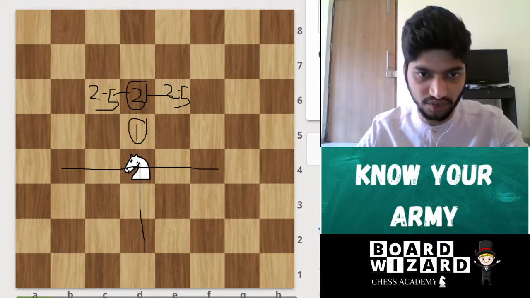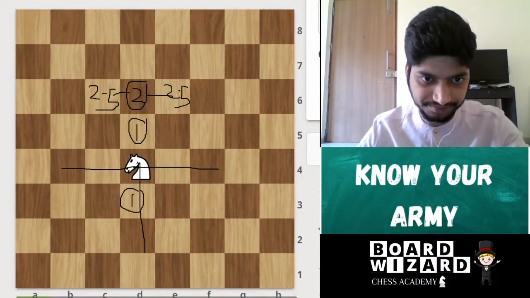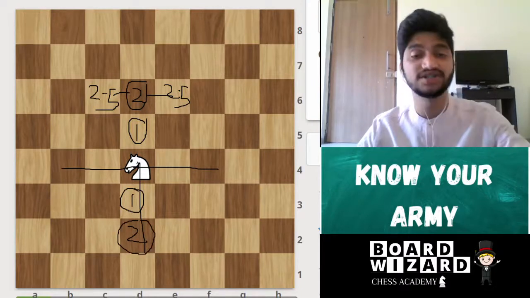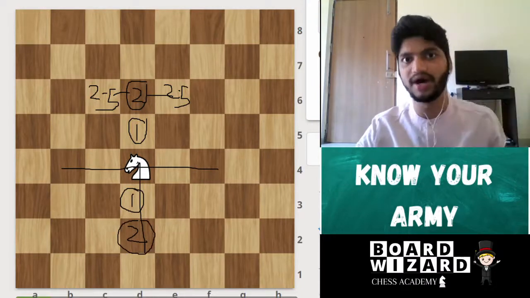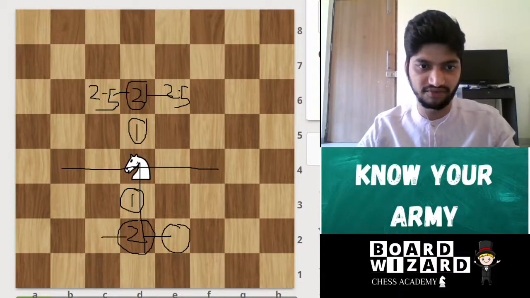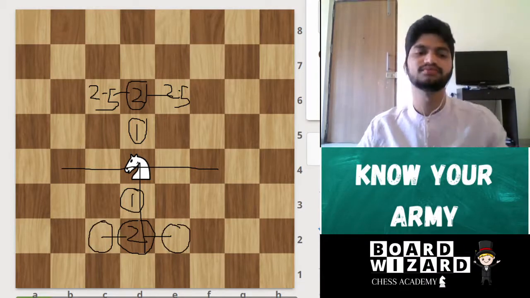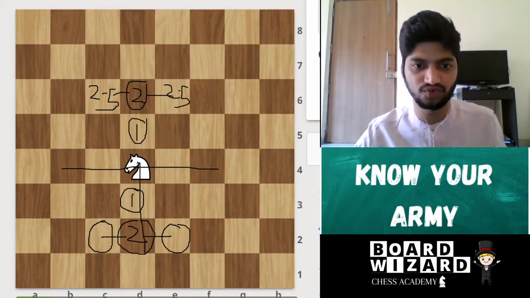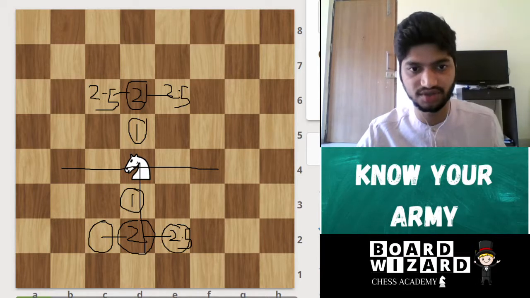If he is going down, 1, 2. Now since he was going down in the straight direction, the half step will be on the right or left. Okay, so 2.5, 2.5, that's the half, 2.5 step.